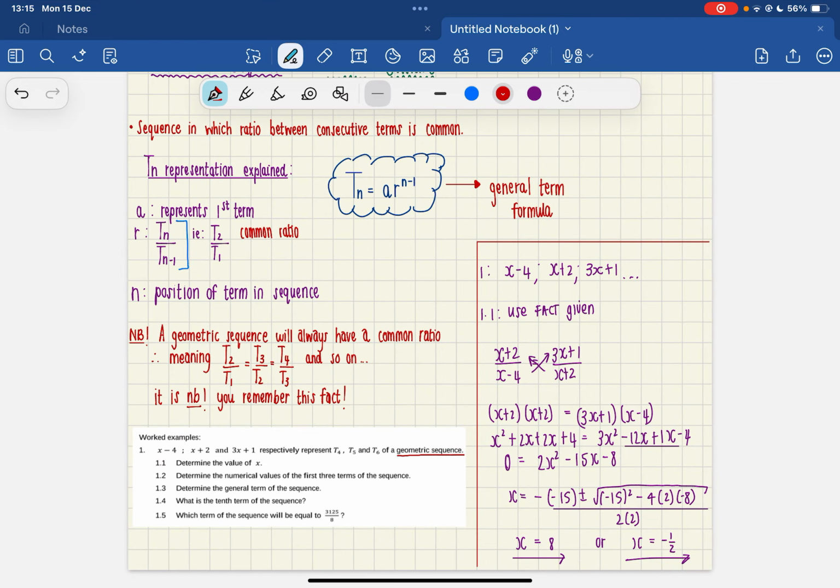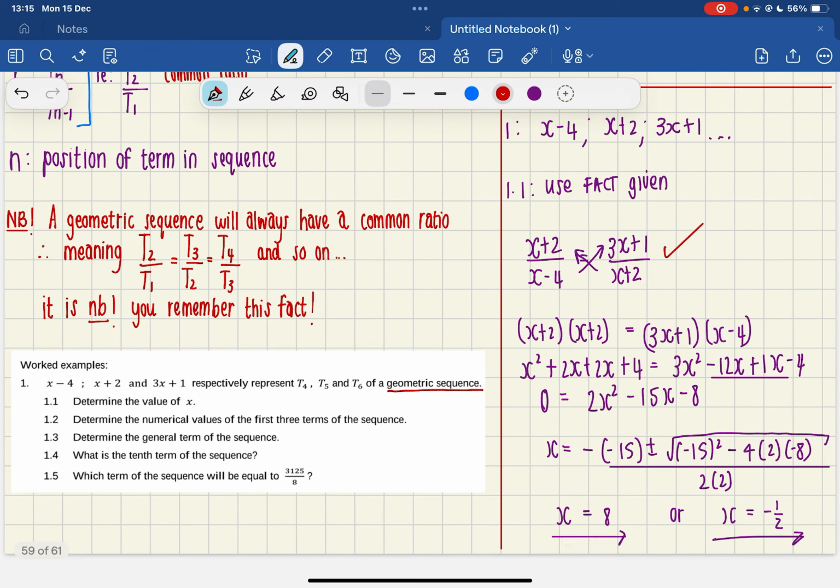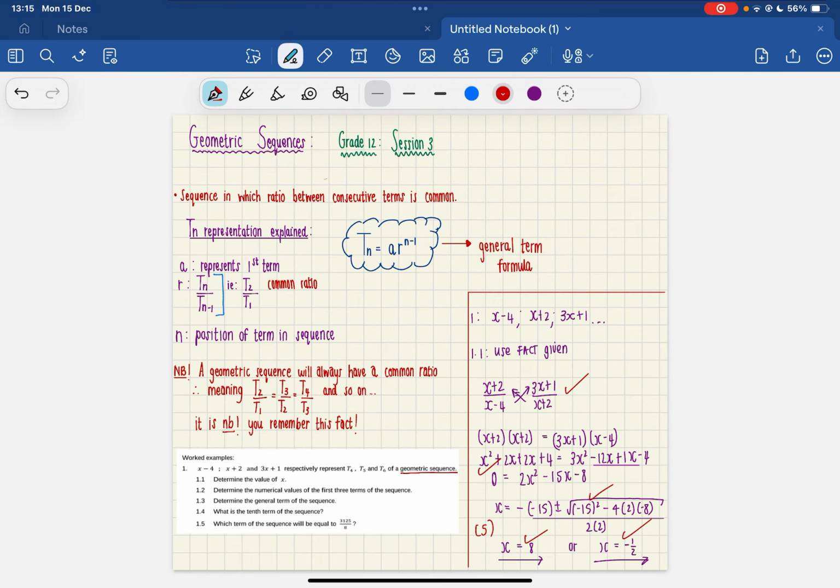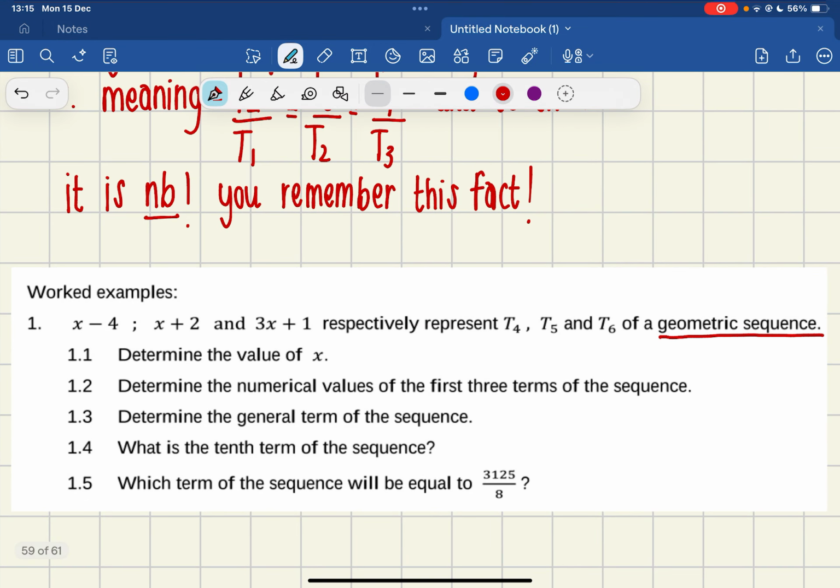So you would get a mark for using the fact, a mark for getting to standard form, a mark for substitution, a mark for your final answer, 2 marks for your final answers. This would be 5 marks. Okay. Now question 1.2